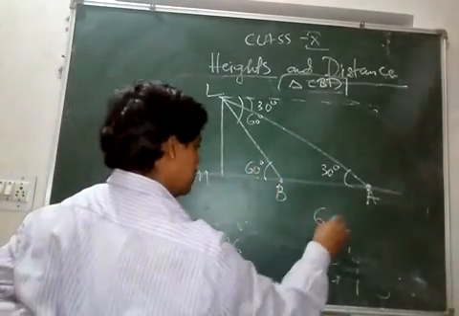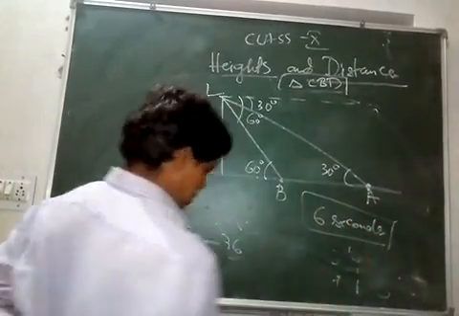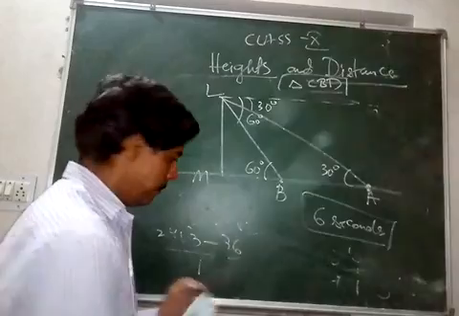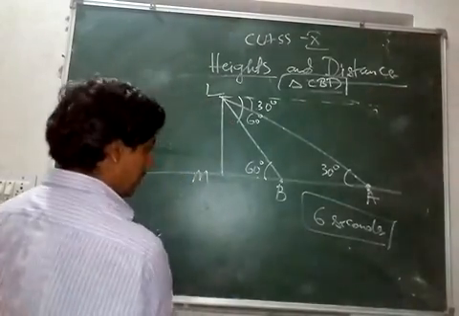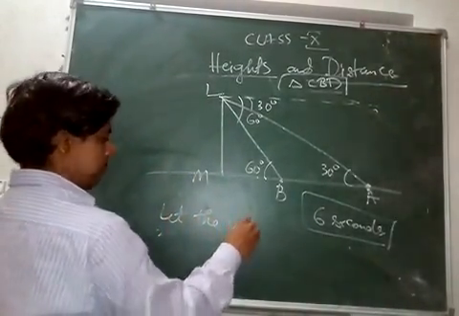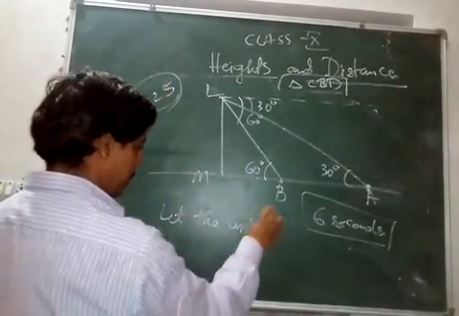After 6 seconds, he has not given us the distance, but he has given us the time. He is also saying that the speed is uniform. Okay, this is question number 25. Let the uniform speed